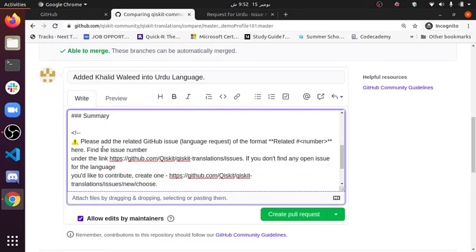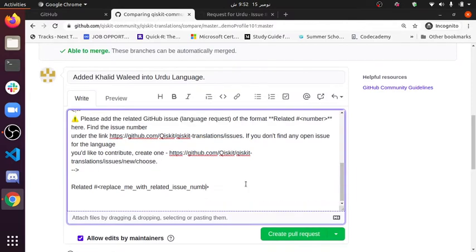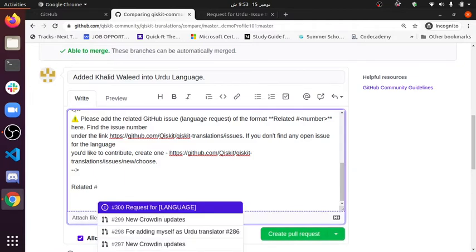You have to go down, and this template says "Related #" and then replace _me_ with the related issue number. So we have to remove this, let the hashtag remain here, and type 286.